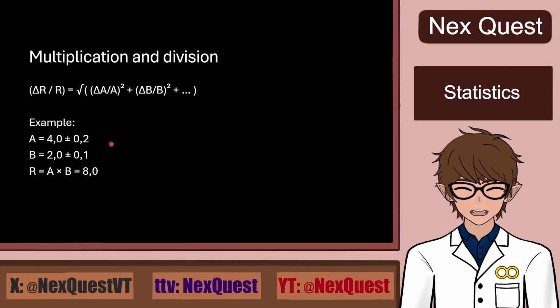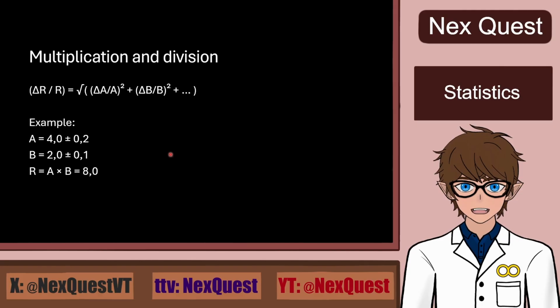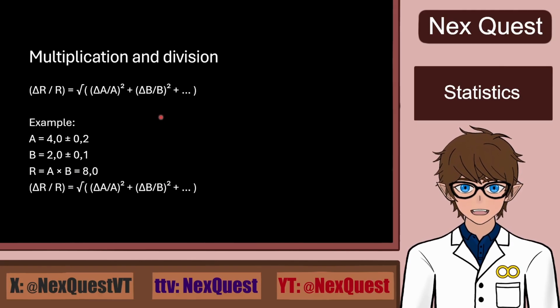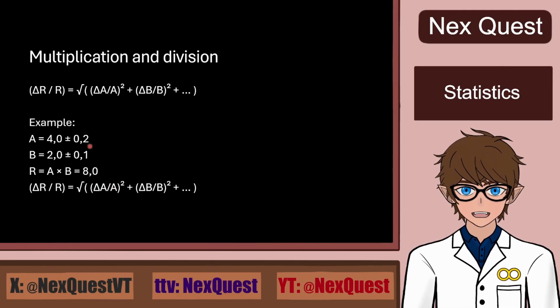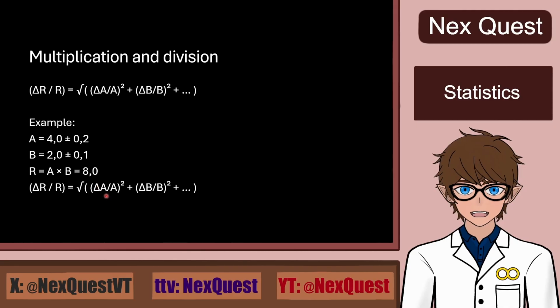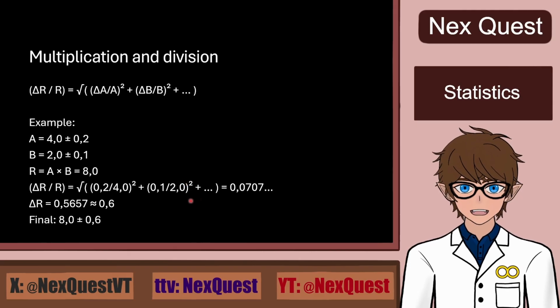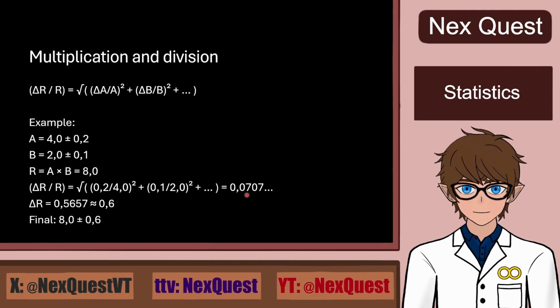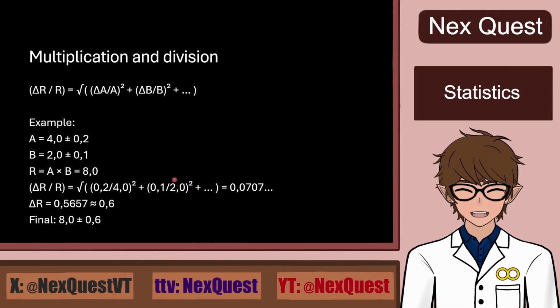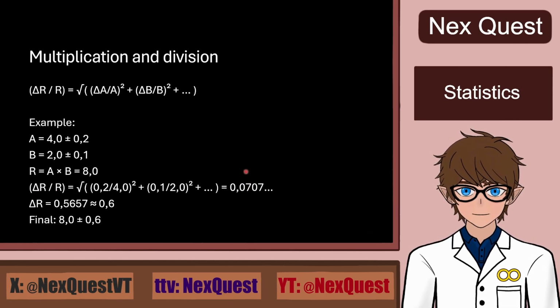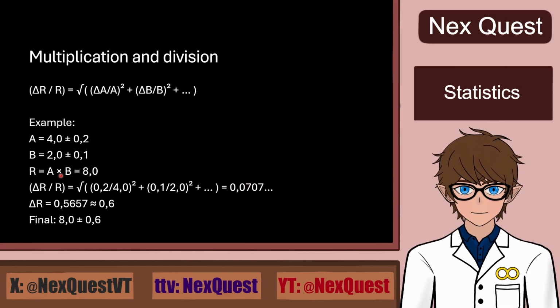What about the error of the result? Because it's not very precise. Well, here's the formula that I copied out. Now we insert the values. 0.2 goes on top, 4 goes on bottom, 0.1 goes on top, 2 goes on bottom. We square, we solve, we take a root of, and we get 0.0707 in decimal values. So that's like 7.1% relative standard deviation. And then we multiply this with 8, and we get